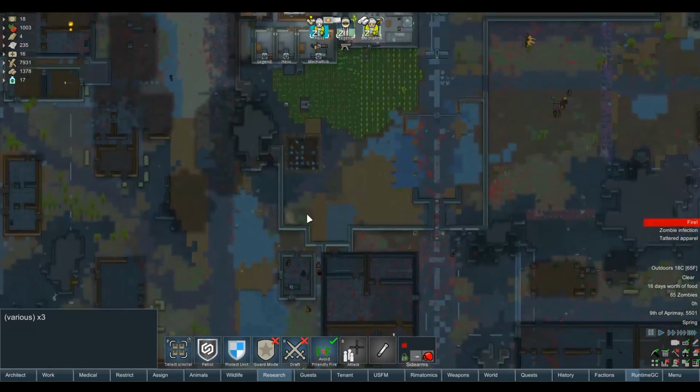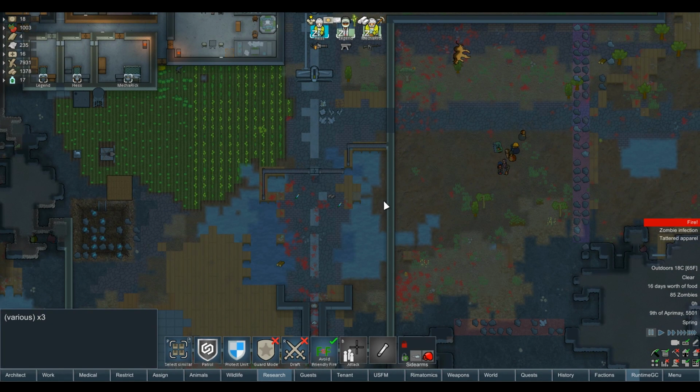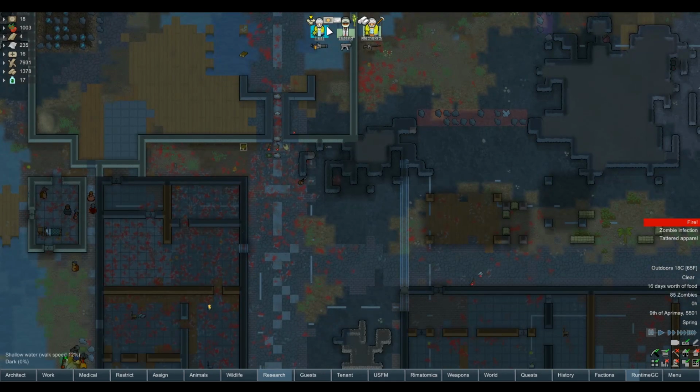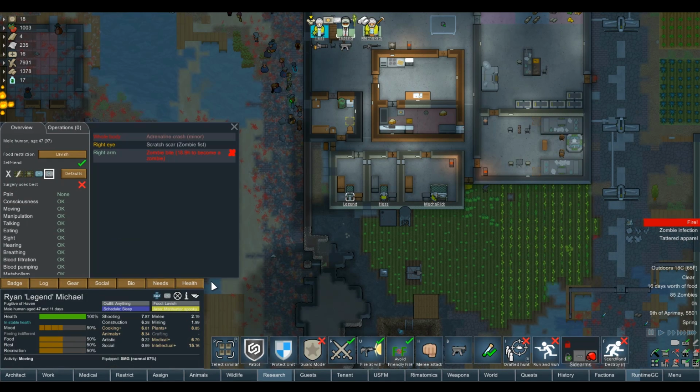We need to get these defenses done sooner rather than later because the zombies are massing here. How are we going to deal with this fella? How are we going to deal with you? Obviously we need to draft. You're not at any risk of zombie. Fuck! In his arm. To be fair...